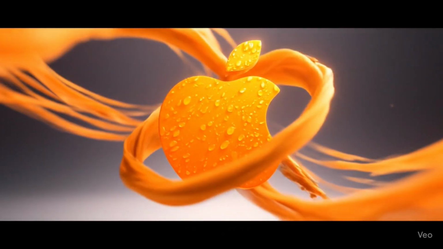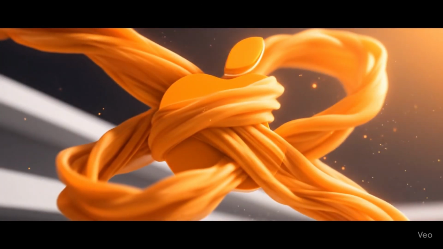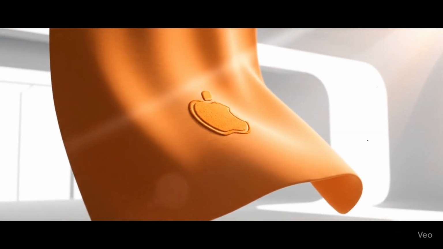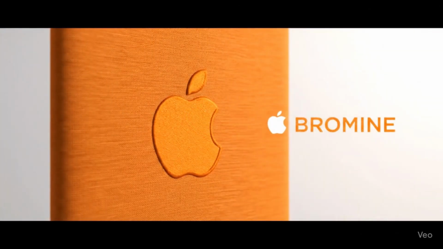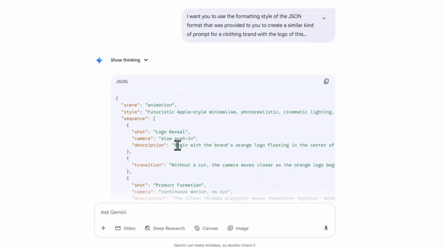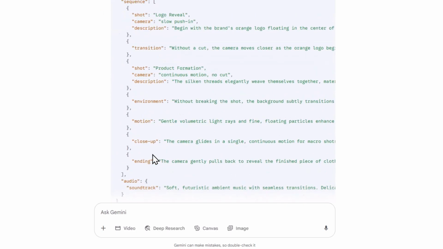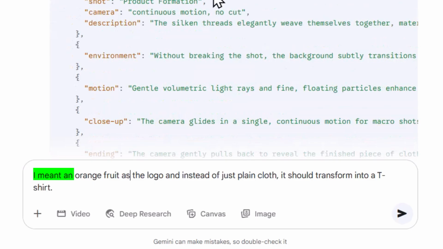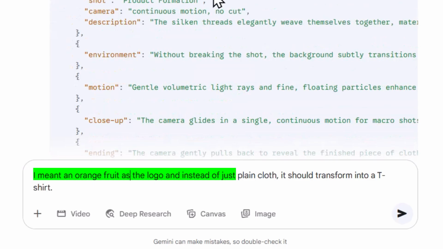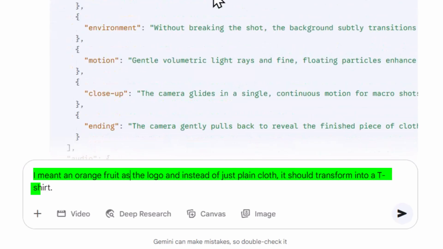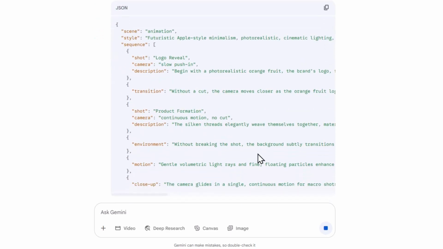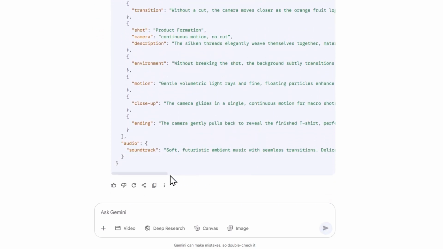And for this specific video, the AI model misunderstood my prompt. It thought that I meant the orange as a color, but in actuality I meant the actual fruit. So I just need to give the AI model a correction prompt. I'm going to give this correction prompt to the AI. I meant an orange fruit as the logo, and instead of a plain cloth, I want it to transform into a t-shirt. Now the AI model is going to write the new JSON prompt, and I'm going to paste the